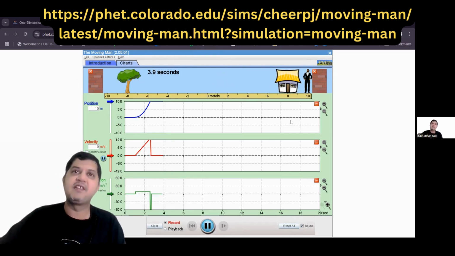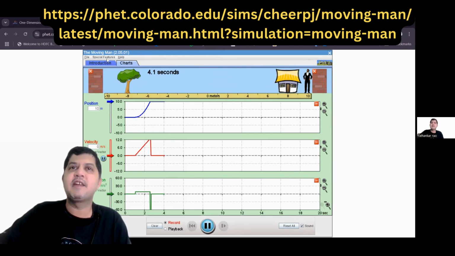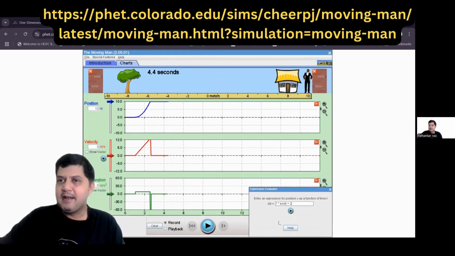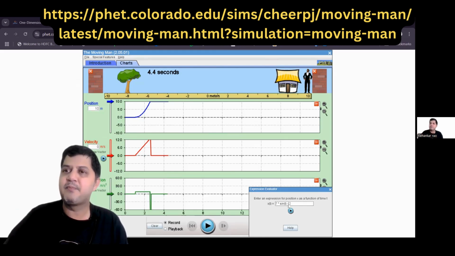Now how do I do this? So towards it, what I can do is I can go to this special features. Let me halt this. Let me go to special features over here. Click on expression evaluator. And I have something like 7 sine of t plus 2. I can change any equation here. It's not that I should always have this one, but for the time being, whatever is by default, I'll take this value, and then maybe I'll change something here. I'll just make this as -2 here. And then when I run this,